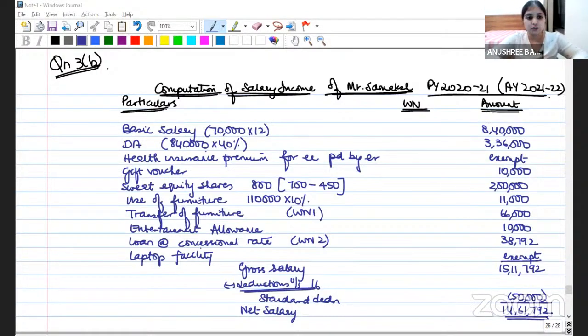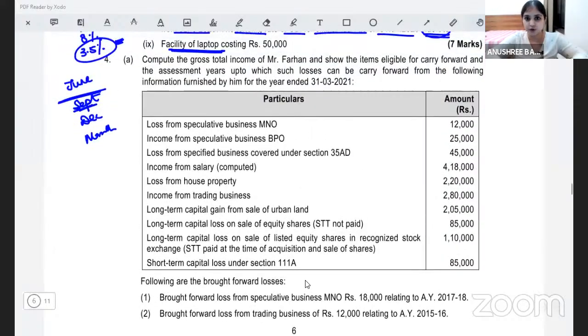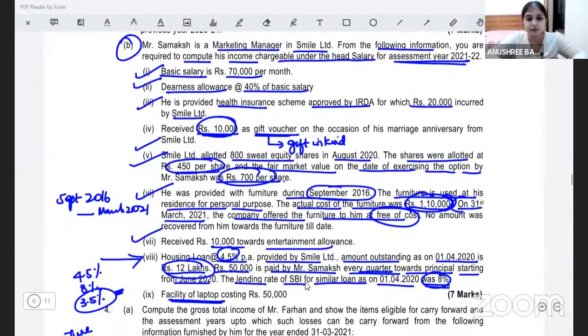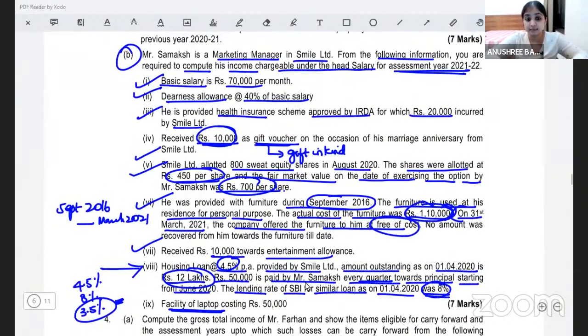So now coming to the 4th question, 4A. This question was pretty simple. The question we just worked out. Here, the only interesting adjustment I would say was relating to the loan part. Whenever we worked out a question, we have always worked out questions only with monthly payments. So this was the first time we came across a question with a quarterly payment. That was interesting in this question.